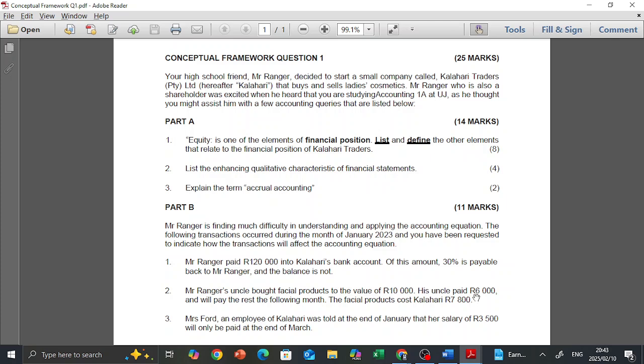Could someone kindly type in the chat box what the full name of IFRS is? I will check it out later. I would like to get started with the question. So, step one. You see where it says part A and part B? That is the very first thing you read. You must read your required. So before I even read the passage or the scenario,